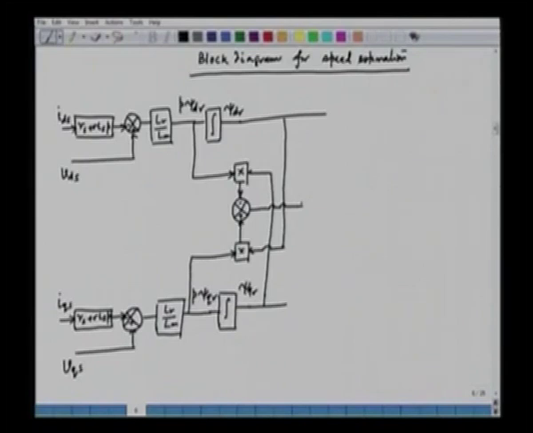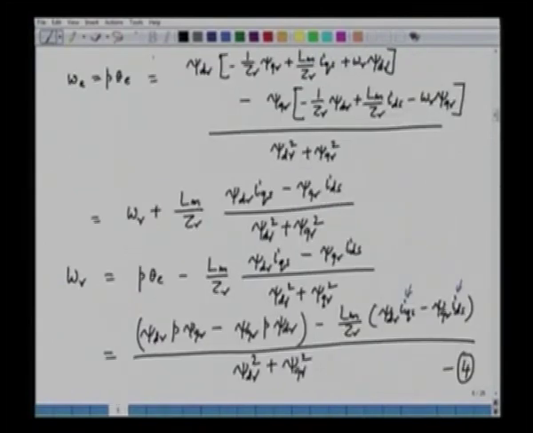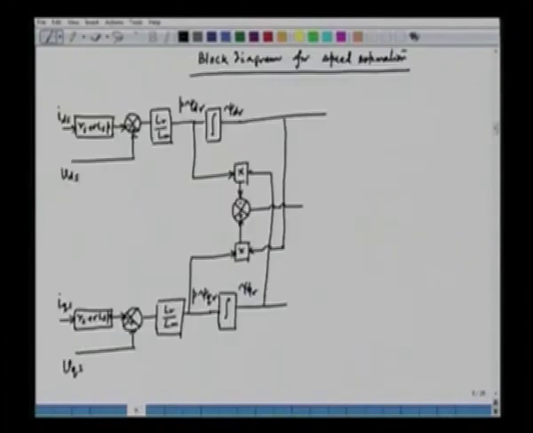So after subtraction we get one part: psi dr P psi QR minus psi QR P psi dr. So this part can be obtained after subtraction. In a similar fashion, we will use another multiplier here, and we will multiply in this case IQS. Similarly, here we can also have a multiplier. We can multiply here IDS, and we can take this signal,